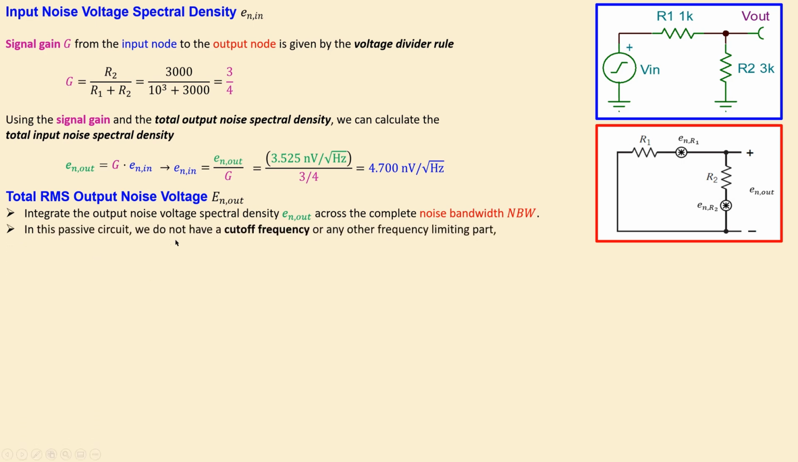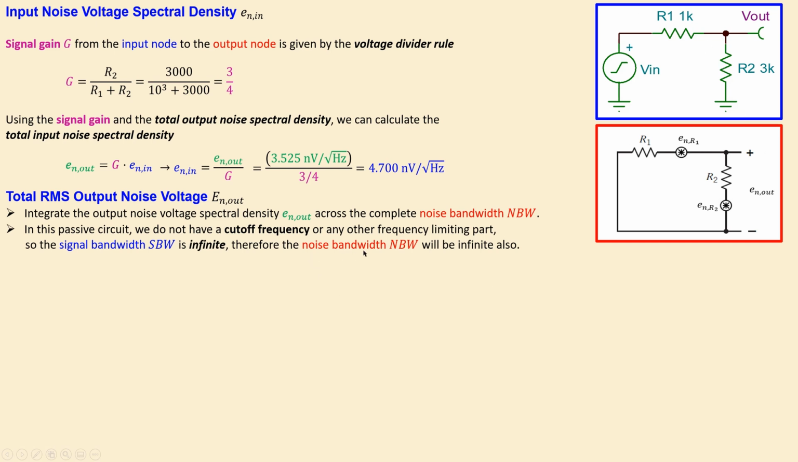In this passive circuit, we don't have a cutoff frequency or any other frequency limiting part. That means the following: the signal bandwidth, given by SBW, is infinite because there's no frequency limitation anywhere. If we don't have a capacitor or inductor, no frequency dependent component, then in this specific case, because we have a pure resistive ideal resistor, of course,